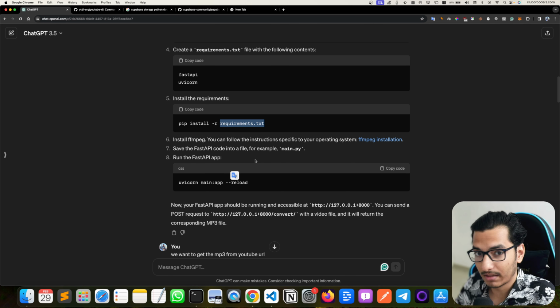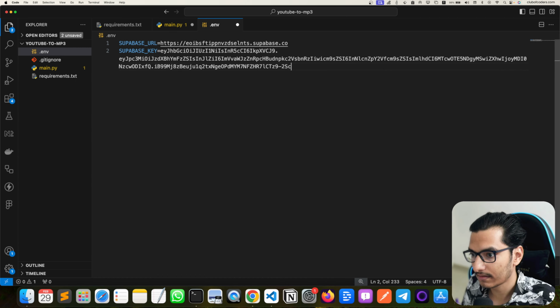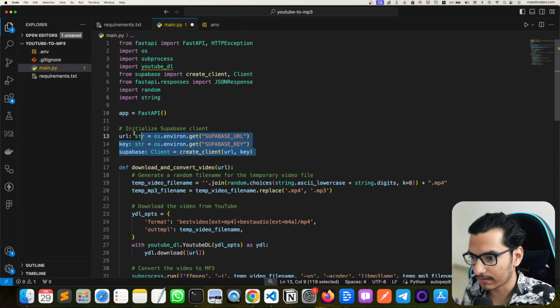Supabase URL is equal to, Supabase key is equal to. And now let's go to our Supabase here, and I will copy this Supabase URL. I will copy my Supabase key, which is this one, like this. Save this, and now we have the access to